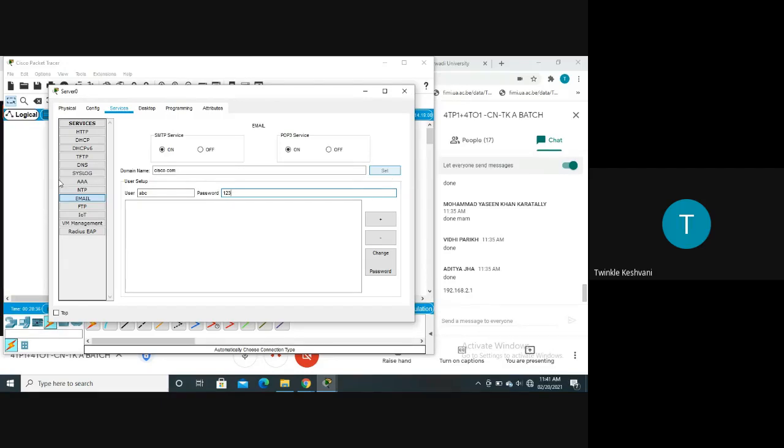So here I'm giving the username ABC, password is 123, and you have to click on this plus button, which is given on the right hand side. When I click on the plus button, it will be displayed here. Again, another user I have to set. So I'm setting PQR, with the password 456. Again, I'm clicking on the plus button. So my two users will be set over here. If you can see my cursor, whatever user that you have set in this tab will be displayed in this dialog box.